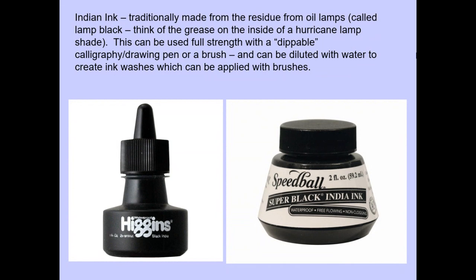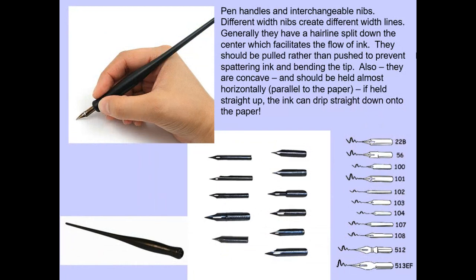I tend to purchase for student use the type that you see on the left, because the top of that bottle is an eyedropper, and that allows you to control how much of the ink you're using. The traditional way of drawing with ink is to use the old-fashioned style of dippable pen, and so the pen holder is what you see at the bottom left, and what we call the nibs are these metal pieces that are inserted into the handle, and on the right you can see different types of nibs create different widths and